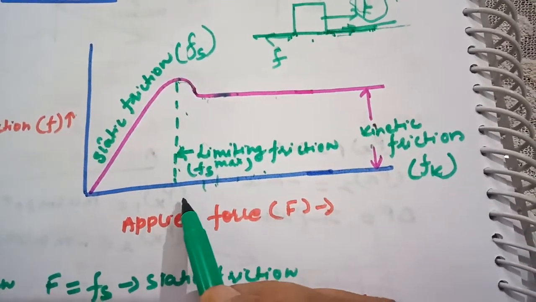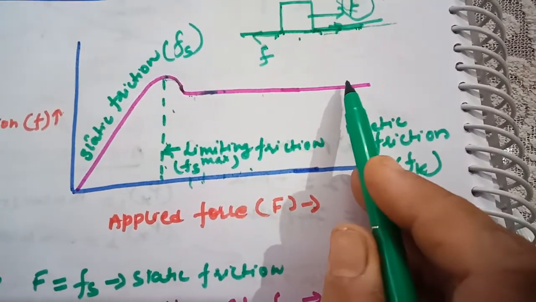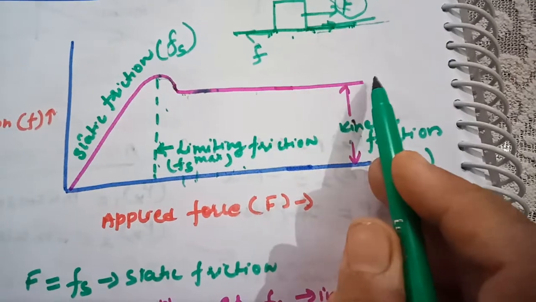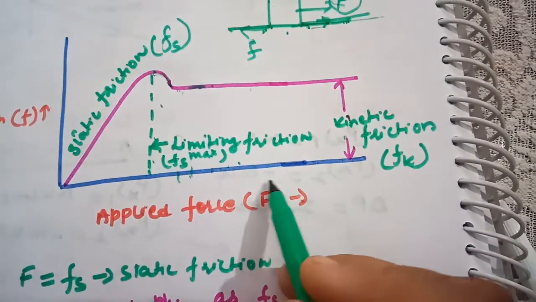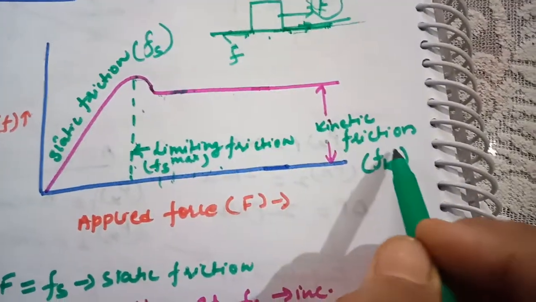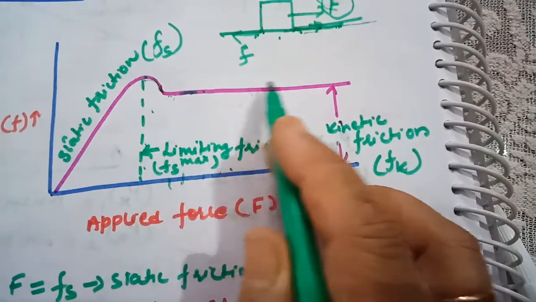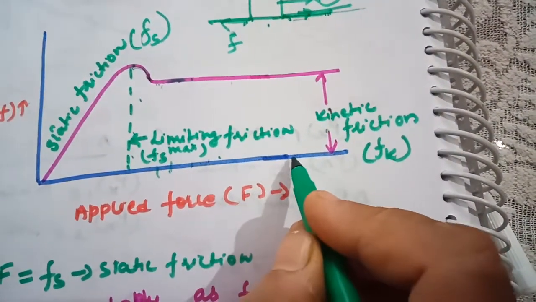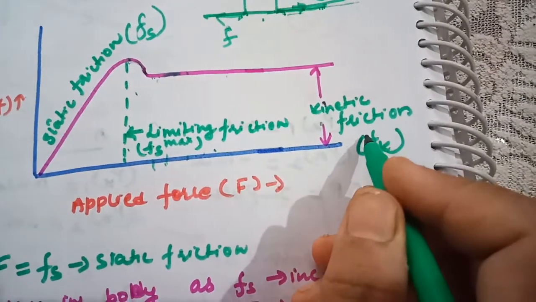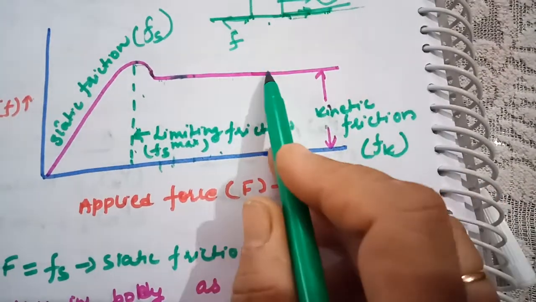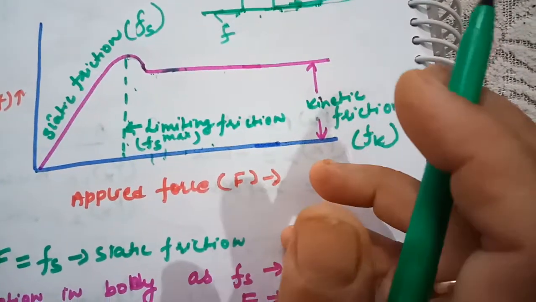After a certain time, when you increase the applied force, the body will move with a certain acceleration. Why? Because when the applied force becomes equal to the kinetic friction, the net force on the body is 0 and the body moves with constant velocity. But whenever the applied force increases beyond the value of the kinetic friction, the body will accelerate and move with a certain acceleration in a particular direction.